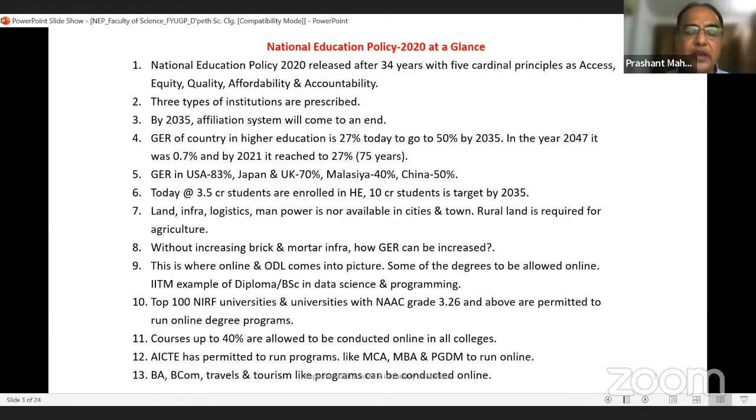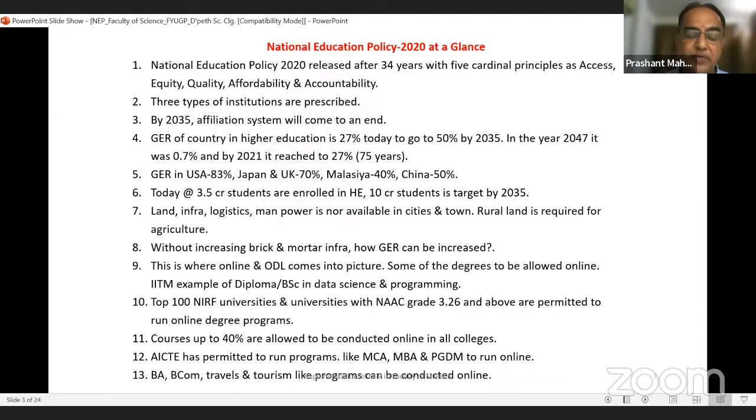And then because we are very good and expert at increasing the population, I consider that the population will increase by 3 crore. So a total of 10 crore students are to be given higher education by 2035. Rest, everything I leave it to you. When we are not able to have the infrastructure, logistics, brick and mortar structure today for 3.5 crore students, then how by 2035 will we have the logistics available for 10 crore